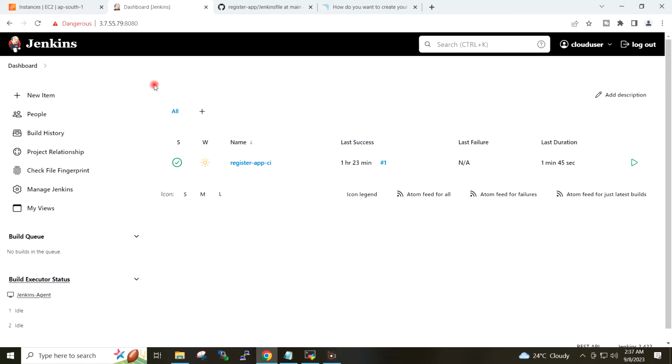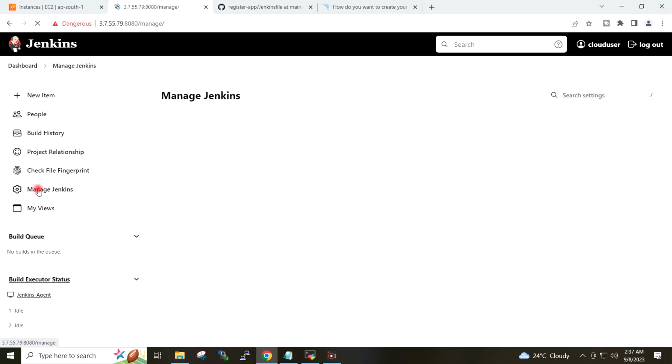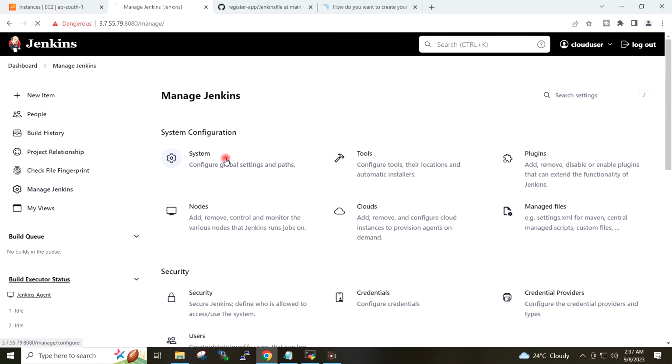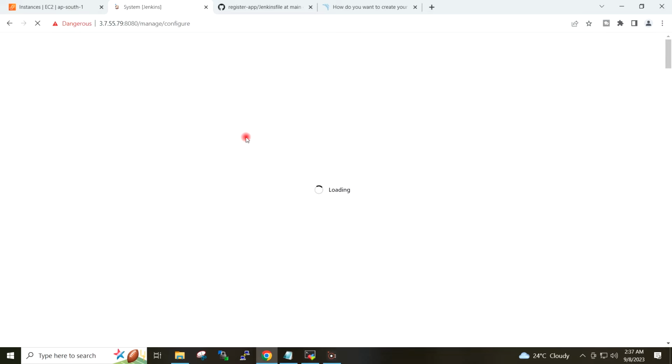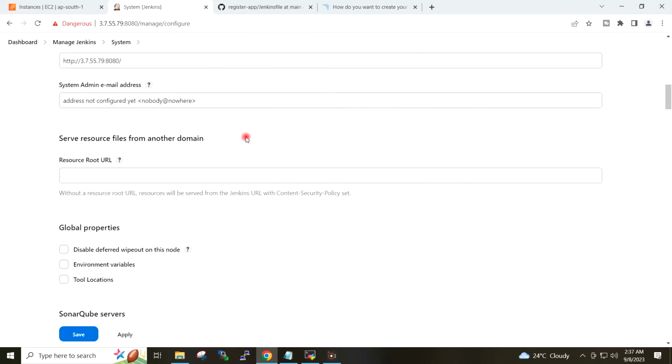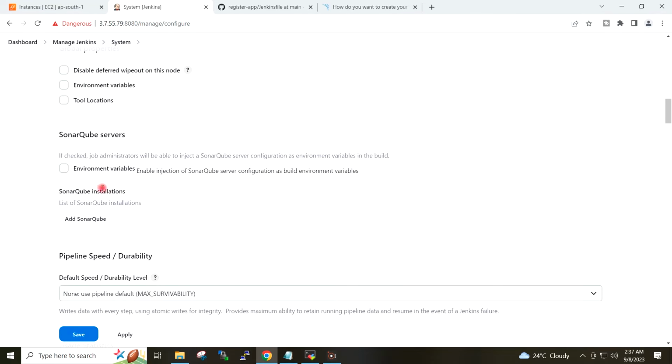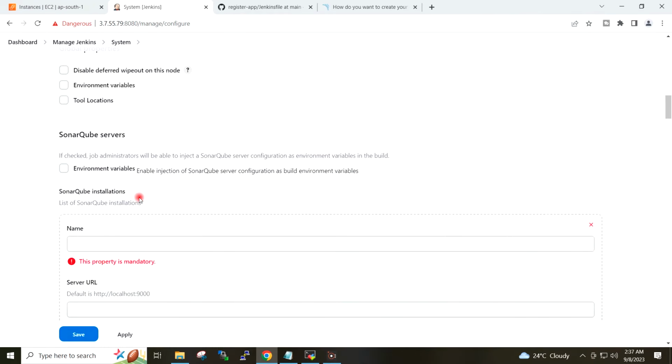I will now go ahead and add the SonarQube server to my Jenkins. I will go to manage Jenkins system, and here I will click on add SonarQube.